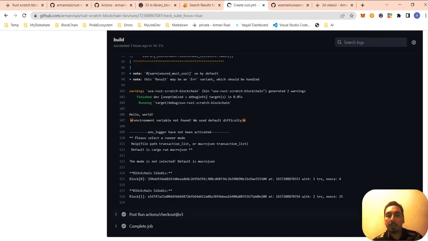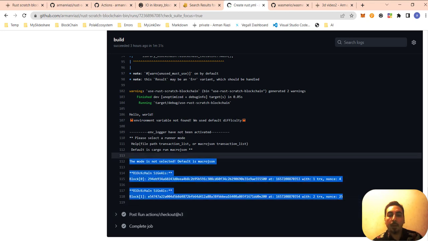As you can see, we have the result of cargo run in GitHub CI, and if you need to create a web page for getting a file from clients or users, and then convert it to your JSON object, you need